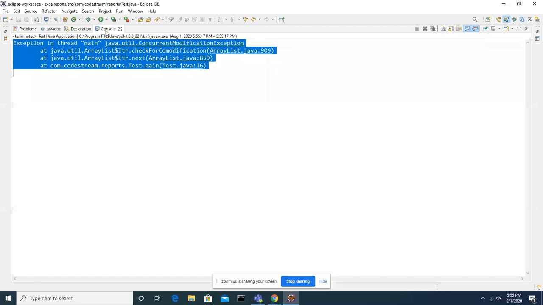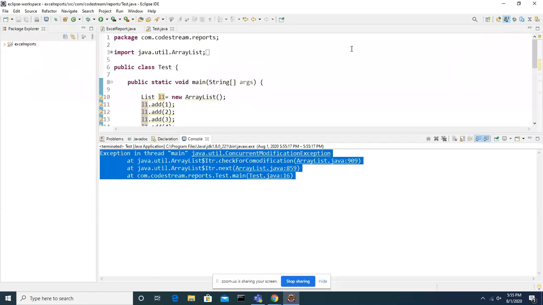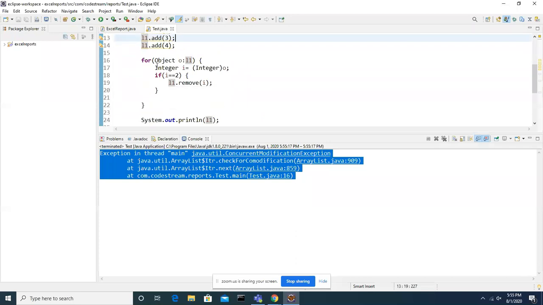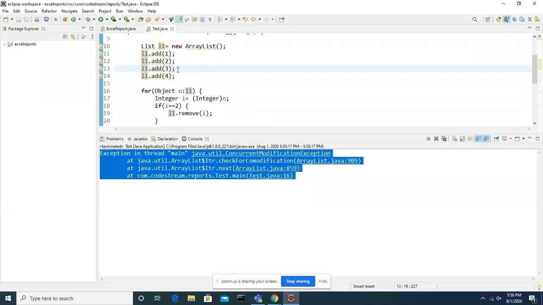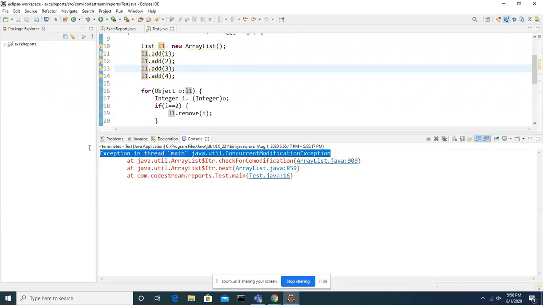While looping we are trying to modify the list, I mean, we are trying to remove or add elements. Then we will get ConcurrentModificationException. We cannot do that while looping.